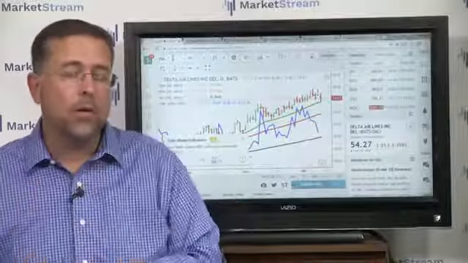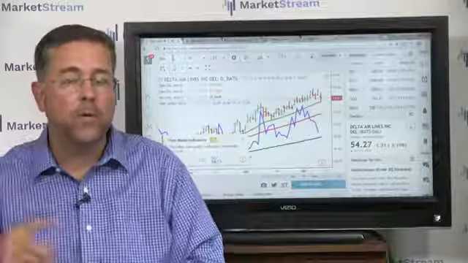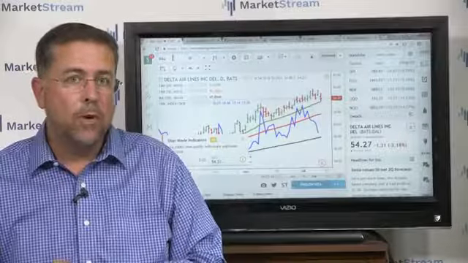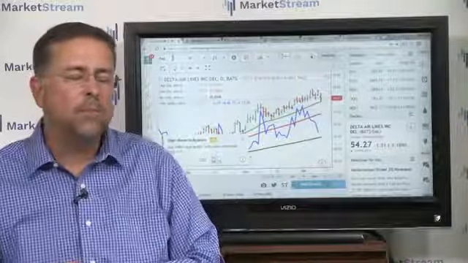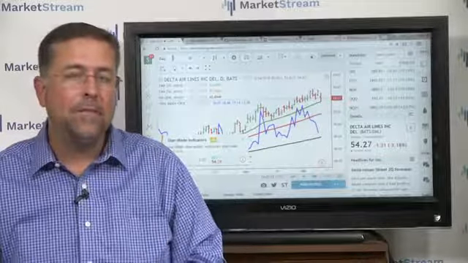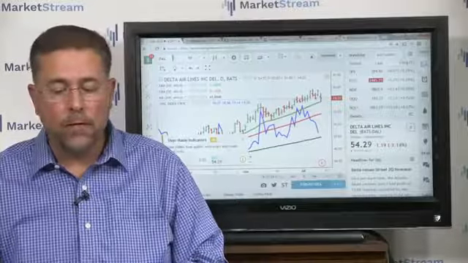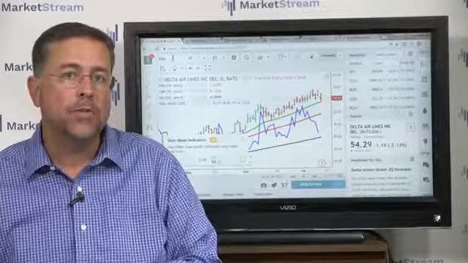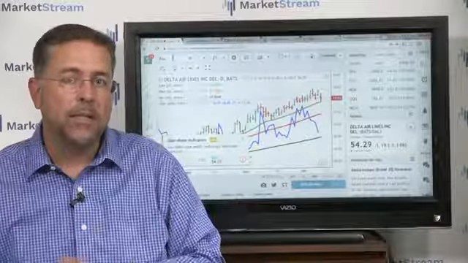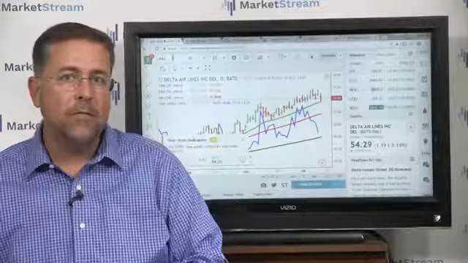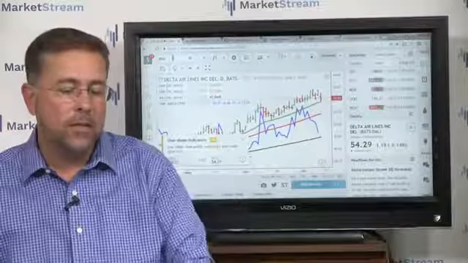Now, the options are pricing in the stock, which uses the core component volatility as the forward-looking component, that's how we come up with the estimated move. There was almost a $2 move being priced in going into this event, roughly around a 3.5% move being priced in, and it's moved about half as much, 2%. That's what the options were pricing in going into this event. And so with that being said, knowing that kind of information, looking at this chart and saying, you know what,